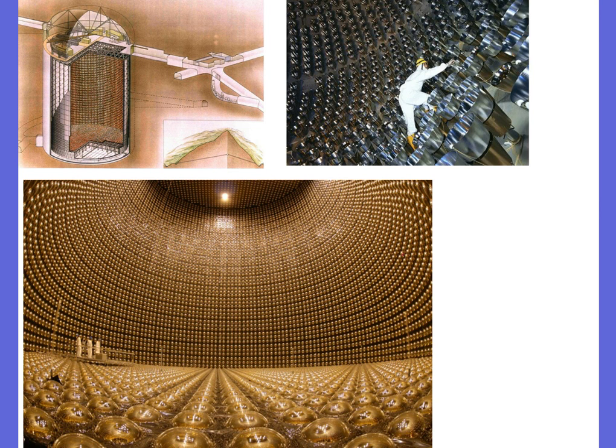Now, this isn't a cloud chamber at all. This is something we talked about previously. This is a neutrino detector. This is a mountain in Japan, as you can see here, and this tiny little dot in the middle is this chamber here. This is the ginormous chamber used to detect neutrinos. This whole chamber is usually filled with very pure water, and as the bazillions and trillions of neutrinos pass through this every second, every now and then one of them collides with that pure water in just the right way